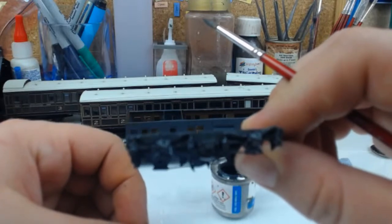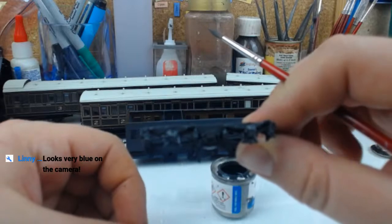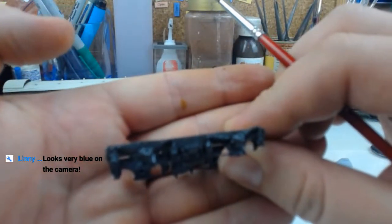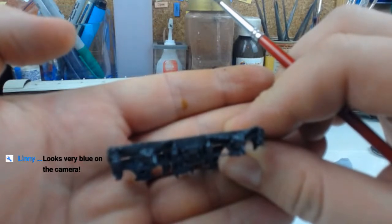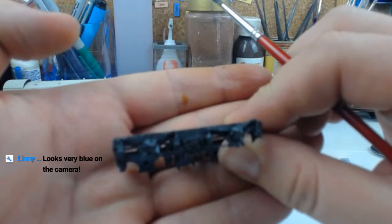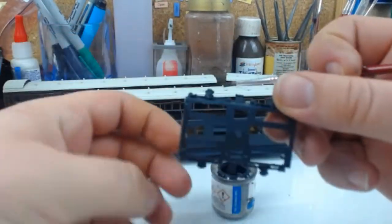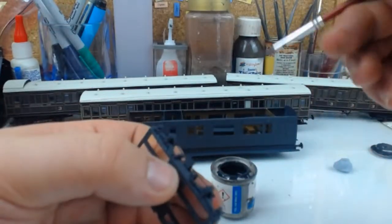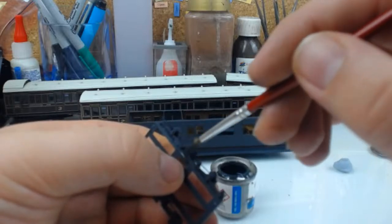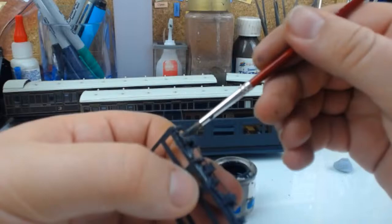I'm going to hold that up so I can see when that appears. That's out of focus, that's helpful. Looks very blue on camera. It's not going to focus for me, is it? It definitely looks like not black in person. There is a bluish tinge to the primer,